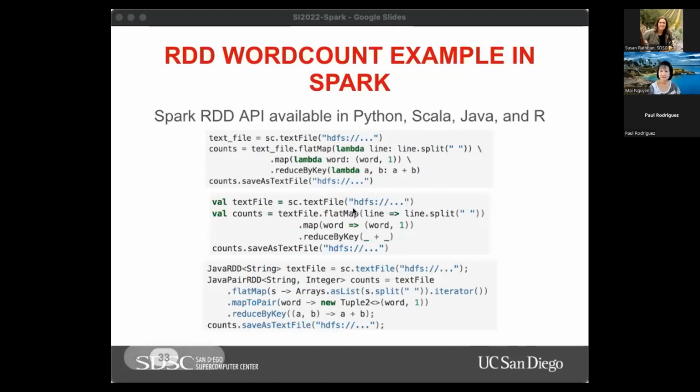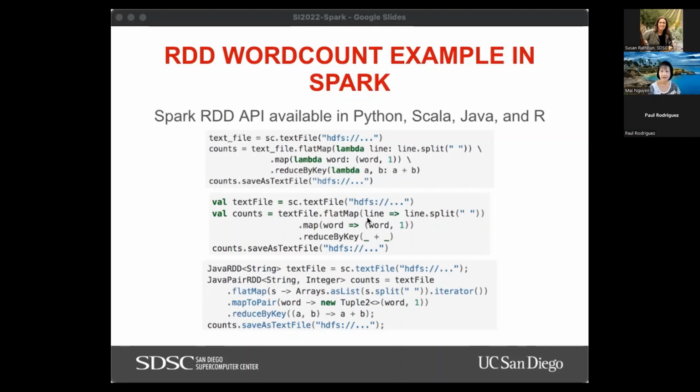This is a word count example that is given in different programming languages. This is PySpark, the Python one that we looked at. The middle one is Scala, and this is Java. You can see the similarities. The same transformations are done. You read in the data from HDFS.